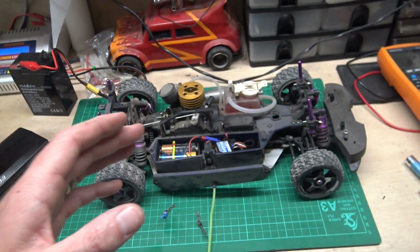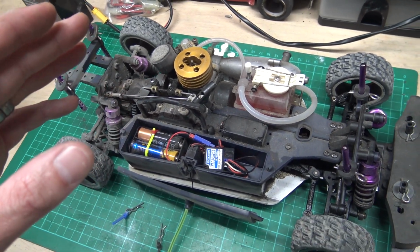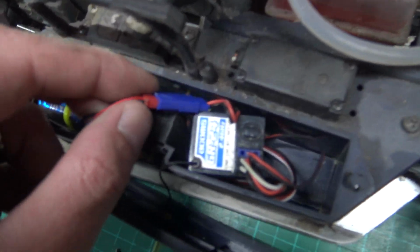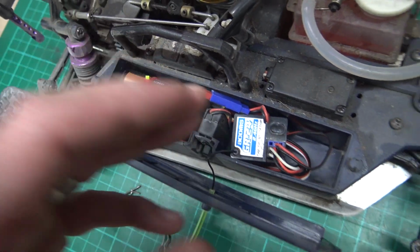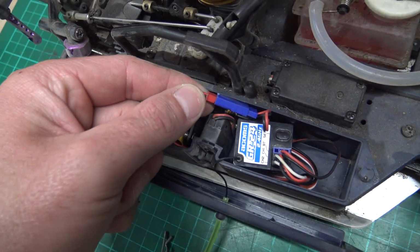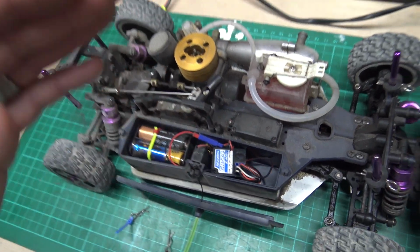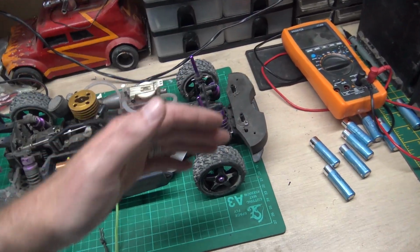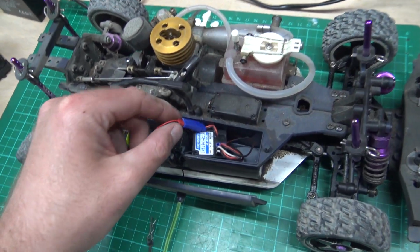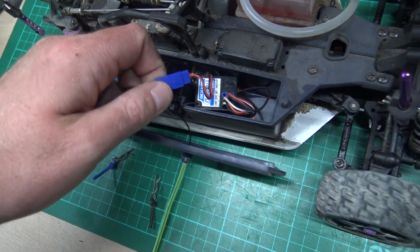Anyway, what you need to do is make sure that your connection between the receiver and the battery pack is secure, because if this becomes disconnected, your receiver's not going to have any power. So in the event that you're blasting down a field or down a track or a piece of tarmac or a road and there's a bump, and this was on the edge of being connected, and